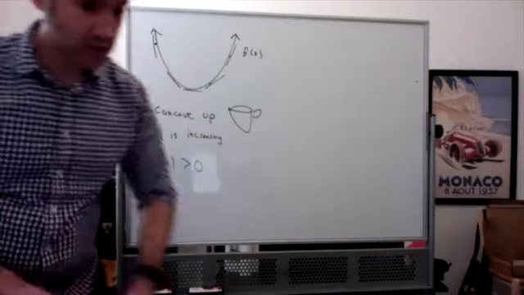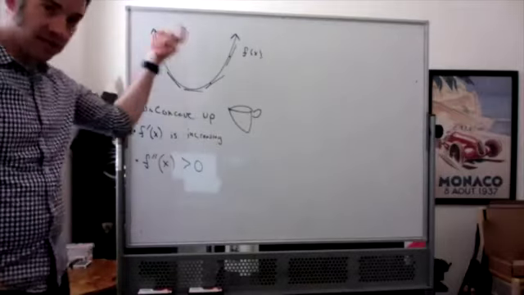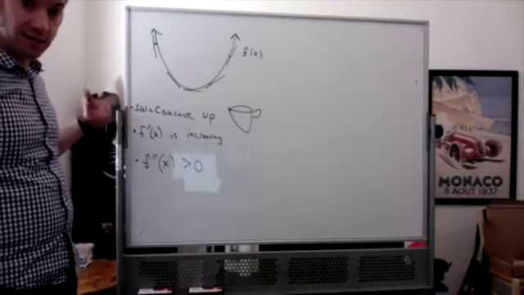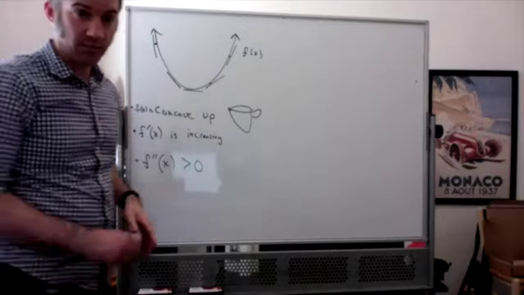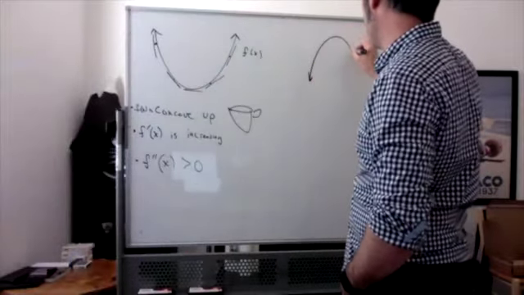So if something's concave up, there are three ways to say that. You can say it's concave up, you can say the derivative is increasing, or you can say the second derivative is positive. All three of these things mean the same thing. And then similarly, if the function is concave down,